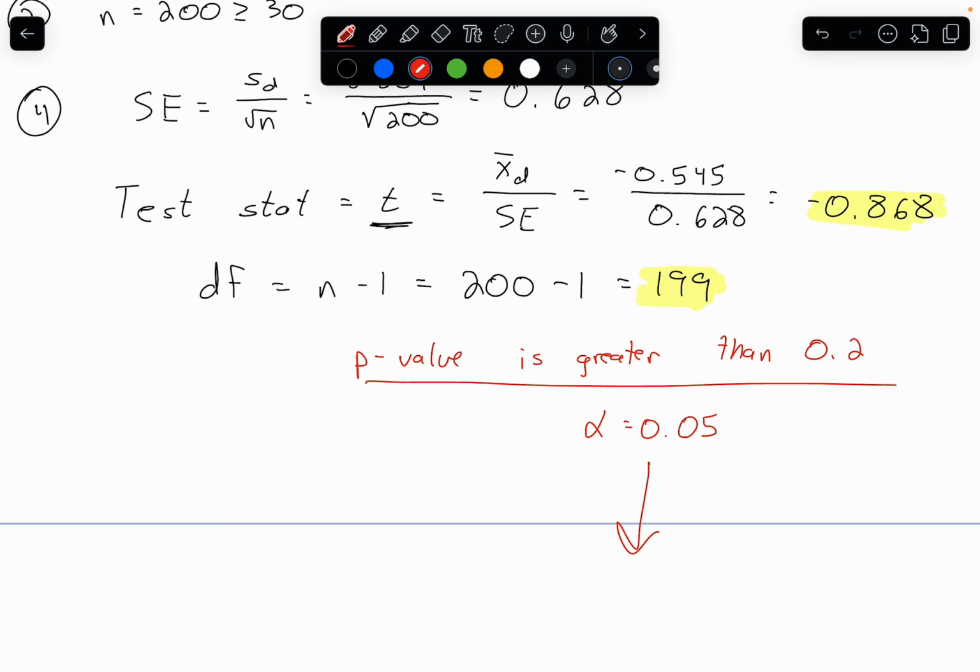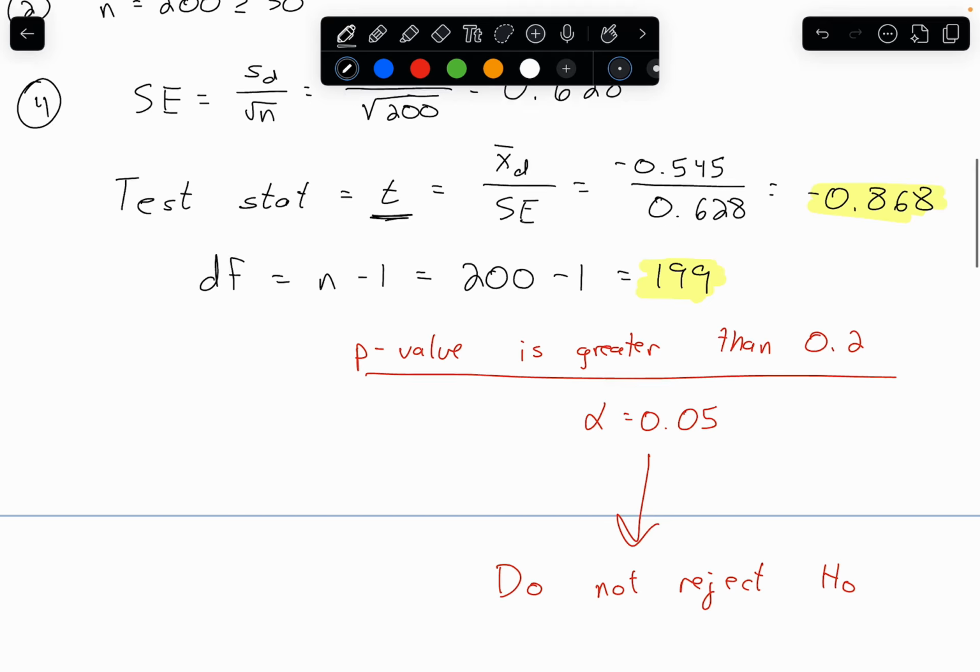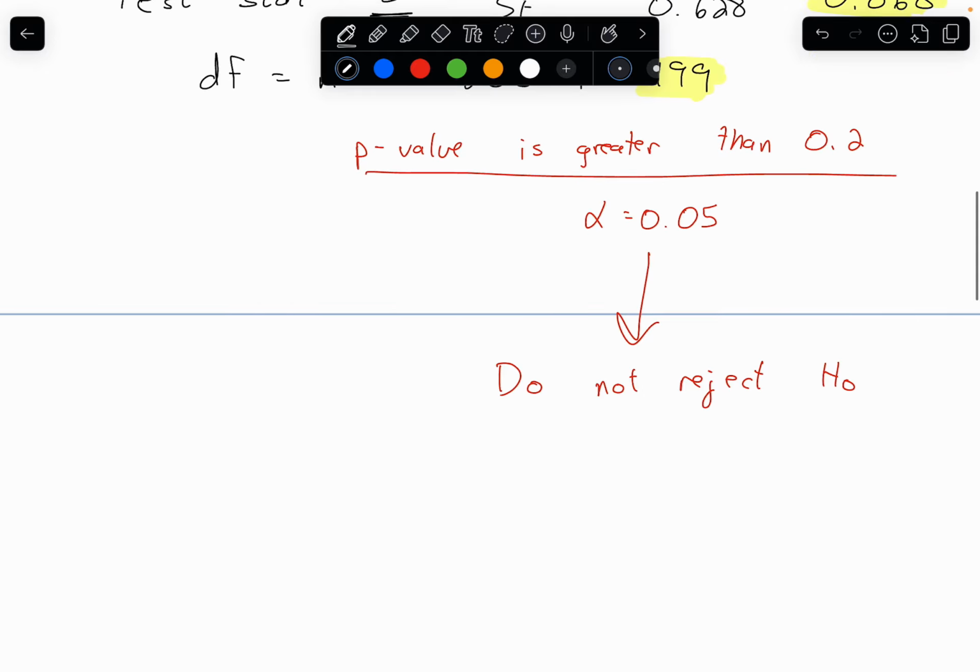So because it is not less than or equal to, that means that we do not reject the null hypothesis H0. And if we do not reject H0, that means that there is not enough evidence to support our claim here, our alternative hypothesis. So there is not enough evidence to support that there is a difference